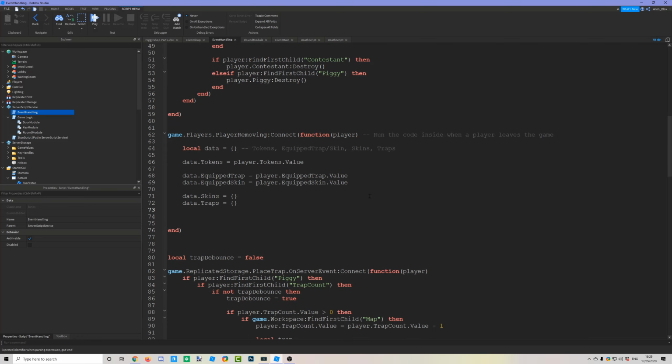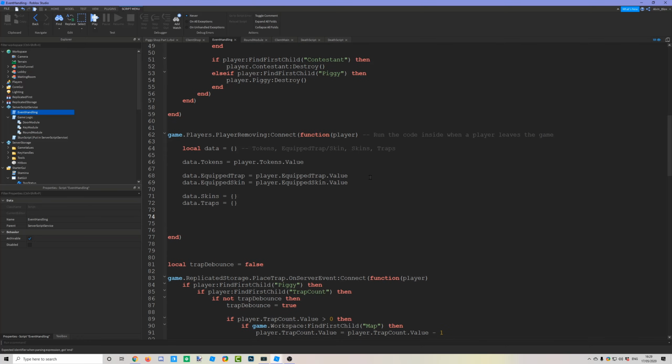So I've created those two tables, and now I need to use a for loop to loop through the skin inventory table and the trap inventory table. So for i, v in pairs(player.skinInventory:GetChildren())